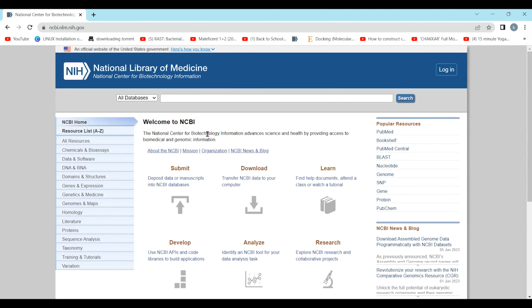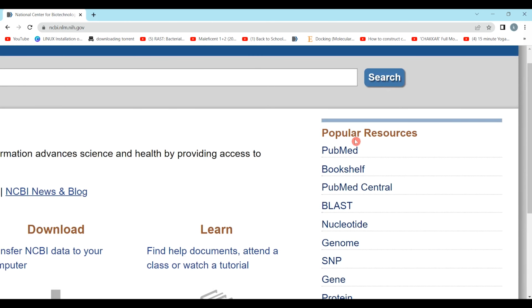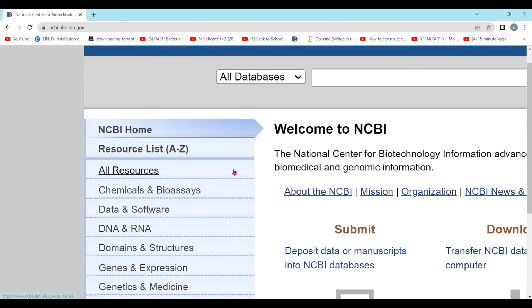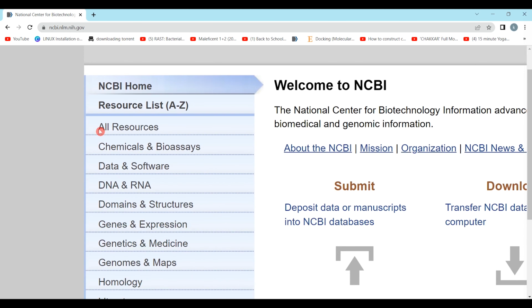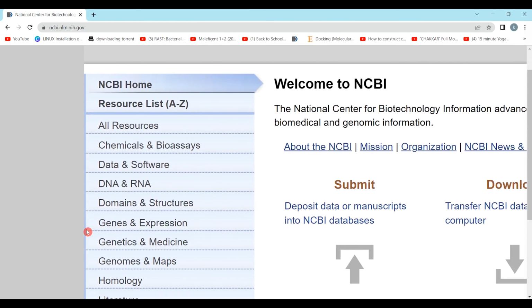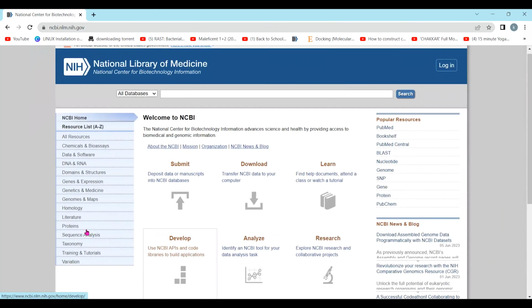Now here comes the complete home page and outlook of the database. As you can see, these are the resources list, and this is the popular resources. These are some of the news, NCBI blogs. Don't worry, I am going to explore all these resources. Slowly you will be able to understand all of them. However, we can submit our sequences or data in this database. As you can see, there is a submit button. You can submit your dataset, and then you can download,